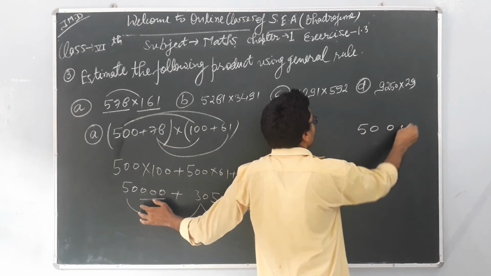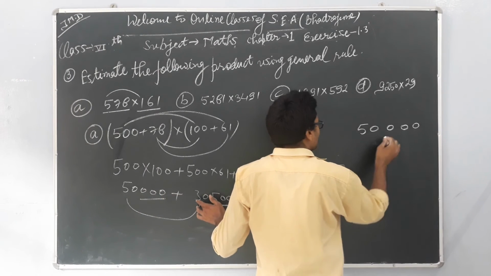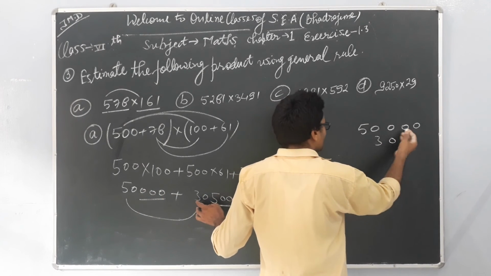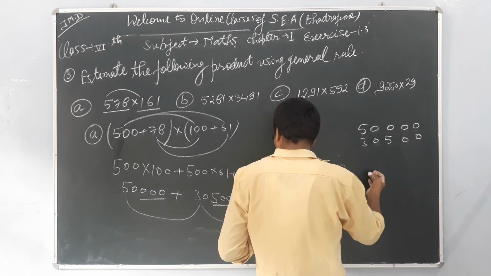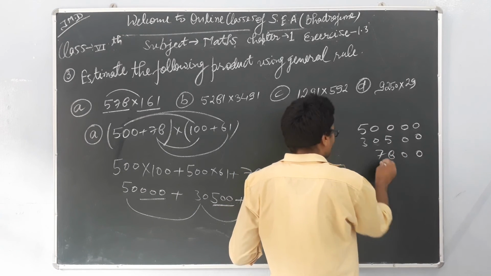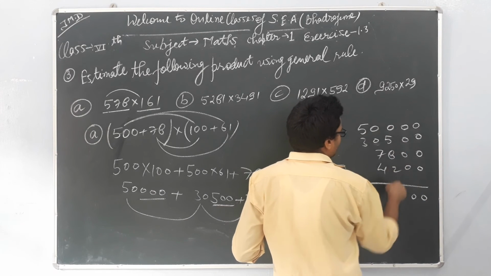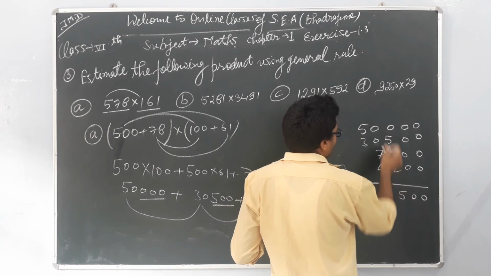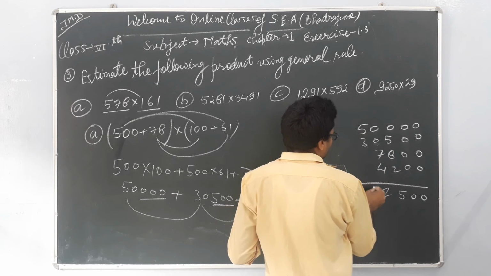Listen, for making you more clear, I am writing this over here like as 4 zeros, this is 3 0, this is 3 0 5 00, this is again 7 8 00, and in the end this is 4 2 00, this is 0, this is again 0, 10, 15, 5, 1 carry, this is 8, 8 for the 12, 1 carry, this is 9,